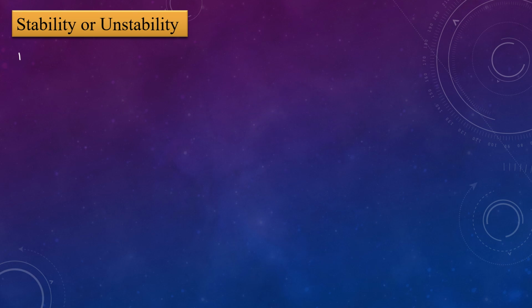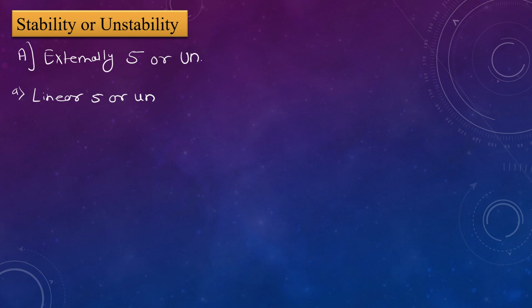In that, the first one is externally stable or unstable. So externally unstable and stable, there are two conditions. First one is linear stability or instability, and second is angular stability or instability. So in case of linear stability, if all external reactions